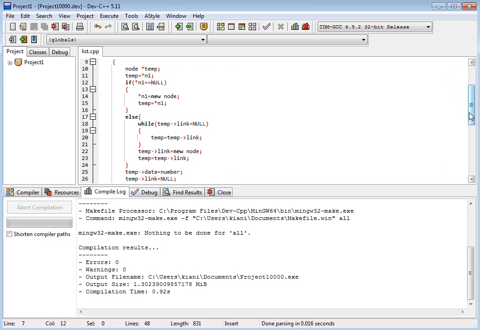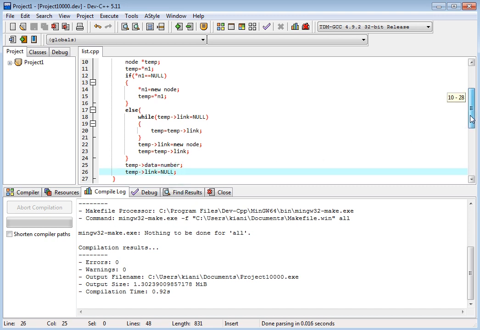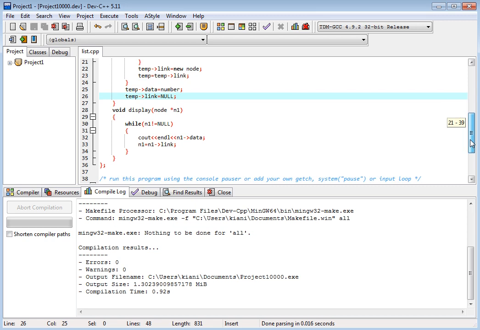New node N1, then we have temp link is this, then we have new node and we assign the temp link. We have number and we have link. So if it is appending two data types, then why not it is appending the third one?